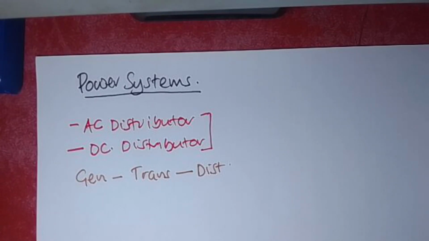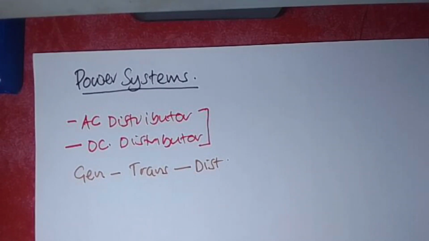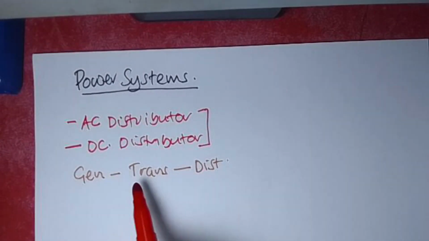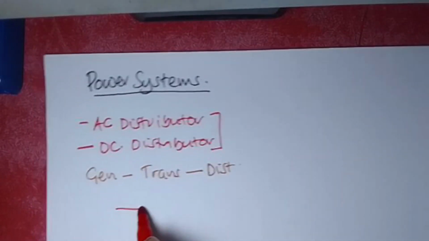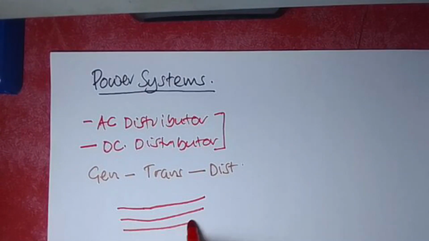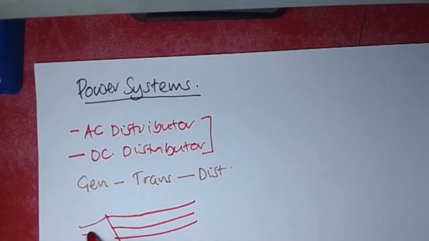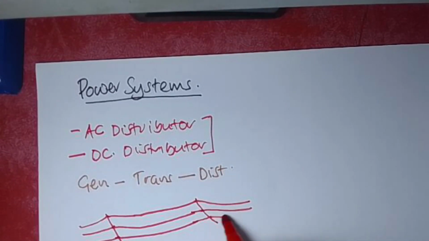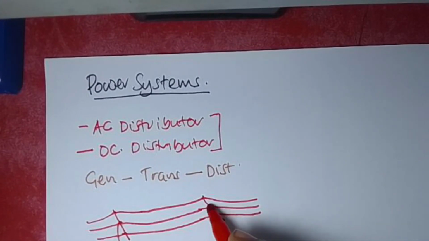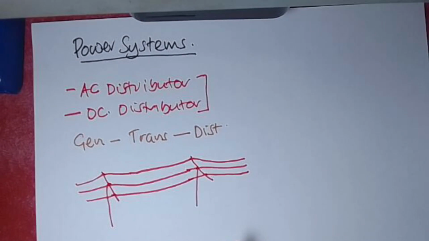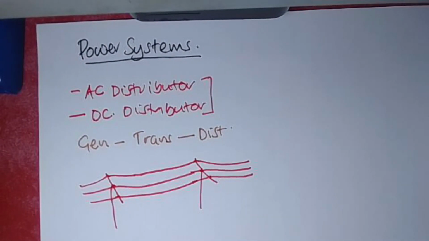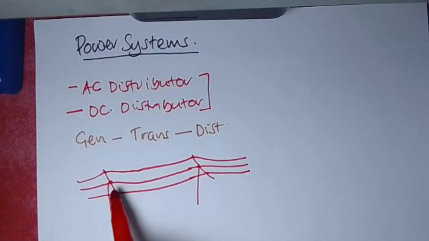Now, when we talk about distributors, just like their name says, they're used for distributing power. Now, power at a particular point, let's say if we have a transmission or distribution line, I'll just draw something simple to illustrate, maybe a 3-wire line. What I've drawn here is what we call an AC transmission line. So when you look at those two stages there, as you can see,